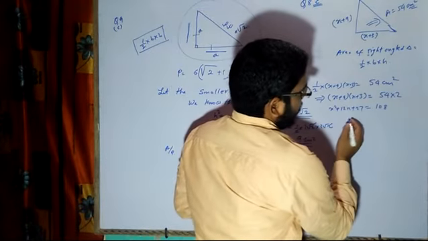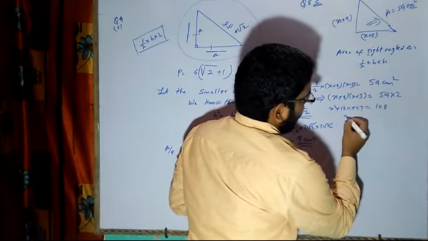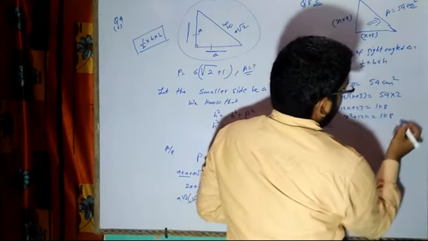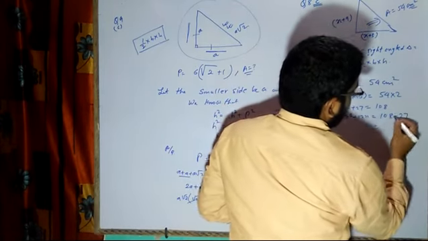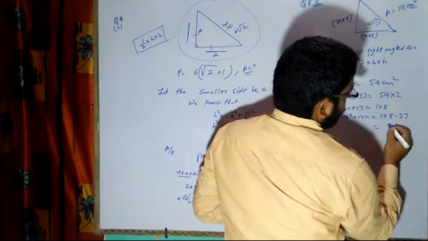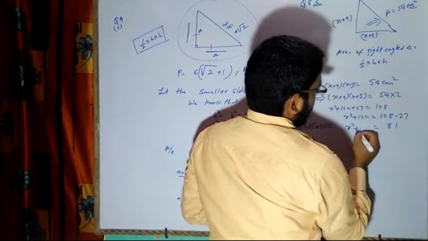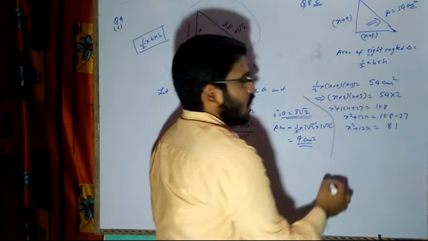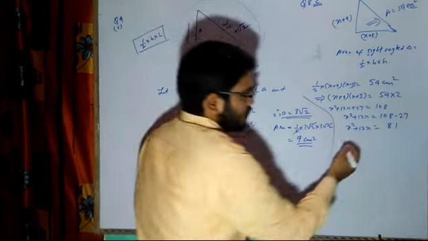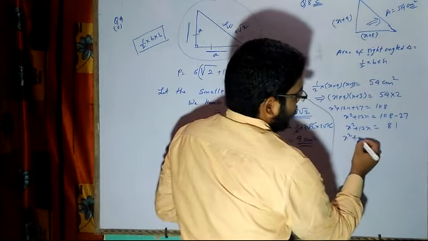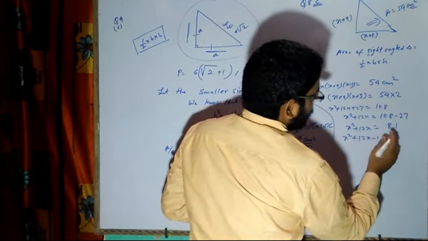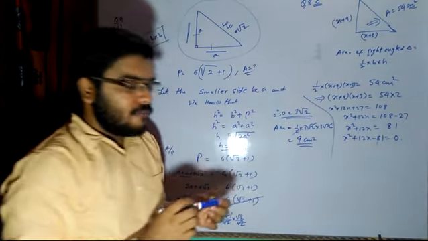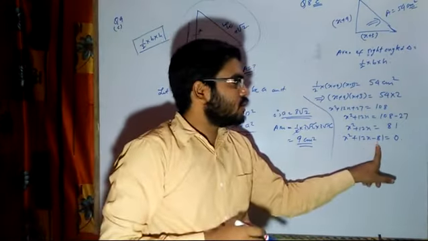Now when we subtract, x square plus 12x is equal to 108 minus 27. 8 minus 7 is 1, 10 minus 2 is 8, so 81. So x square plus 12x is equal to 81. And now this is a problem based on quadratic equations, and in class 8 we have already seen some problems based on this in the algebraic expressions part, where we were having expansions of certain terms.